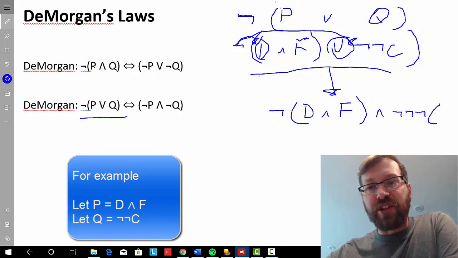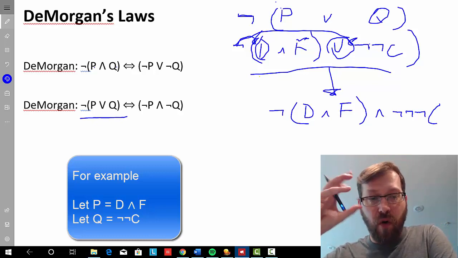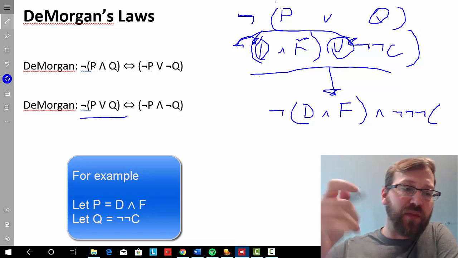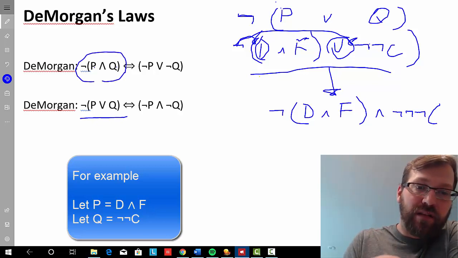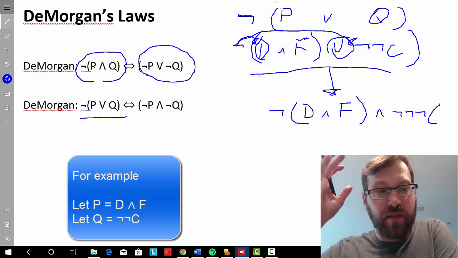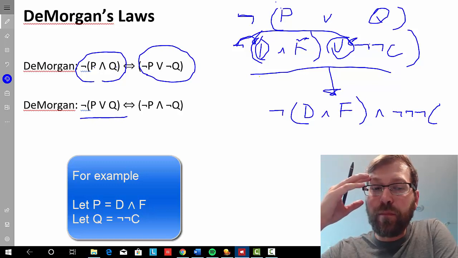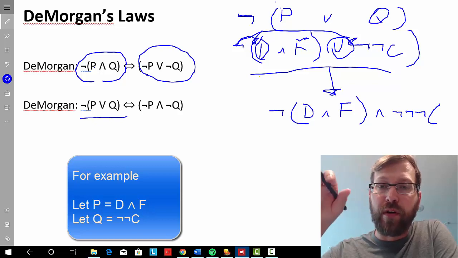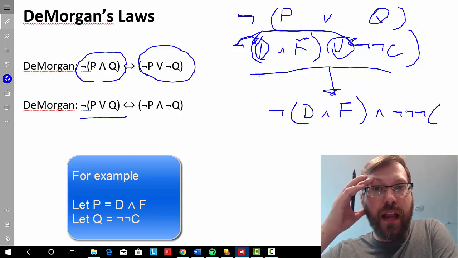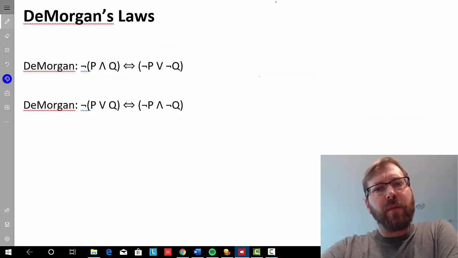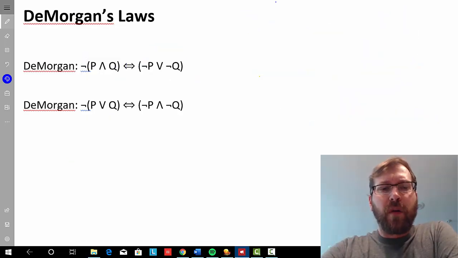Okay, and again, that's just to stress that all we're worried about here is a particular pattern. That's what using the variables P and Q is supposed to be capturing there. So just know that whenever you can identify that pattern, you can move from one to the other and preserve the truth value. All right, before wrapping up this video, I want to talk a little bit about how reflecting